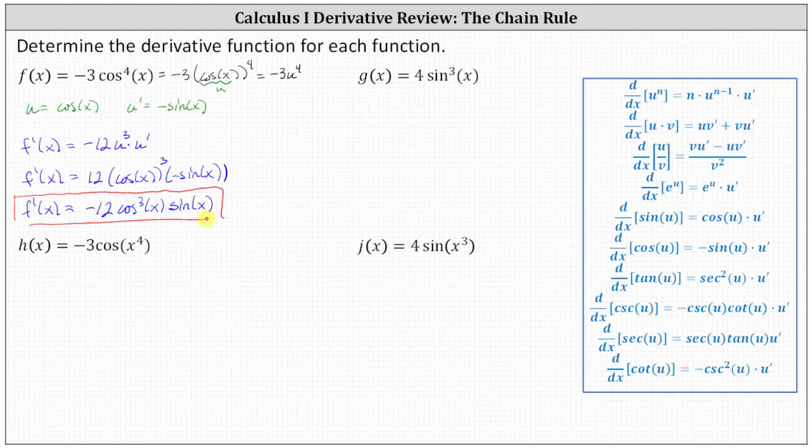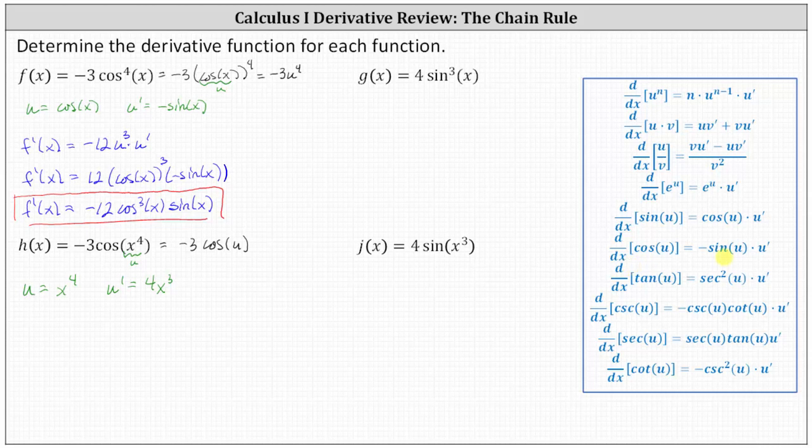And now let's look at h of x. H of x equals negative 3 cosine of x to the fourth. Notice for this composite function, the inner function u is equal to x to the fourth. So if we have u equals x to the fourth, we know u prime is equal to 4x cubed. And again, if it's helpful, we can think of our function h as just negative 3 cosine u. Now again, looking at our formulas, the derivative of cosine u with respect to x is equal to negative sine